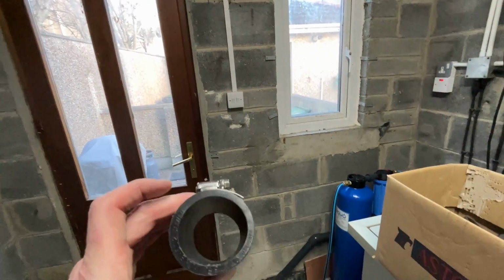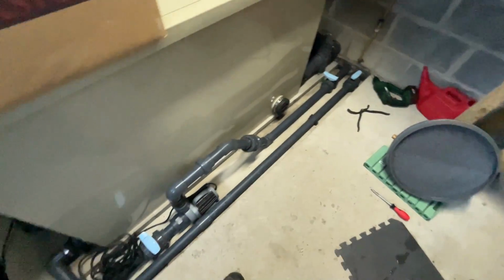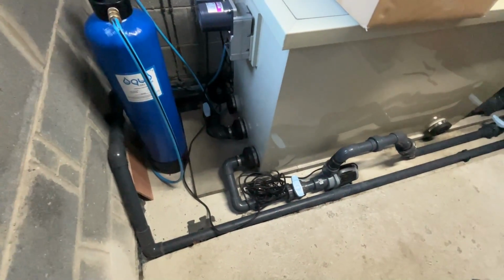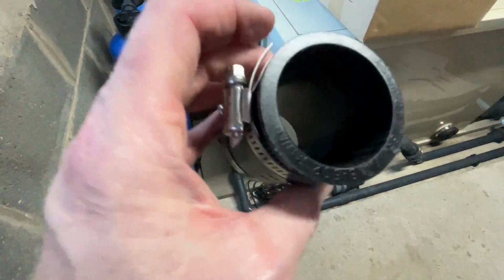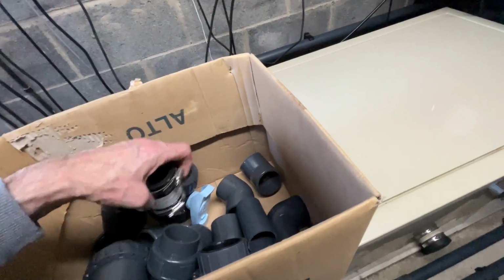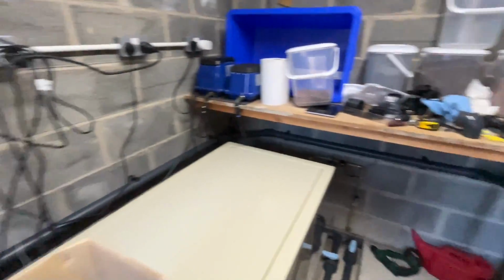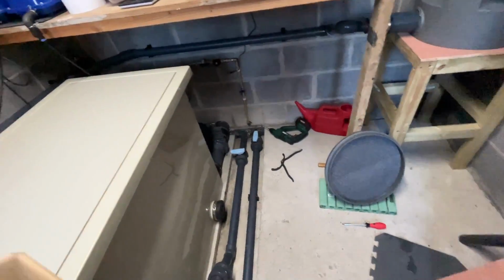And I'm probably lucky here. Although it gets cold and it's not insulated, the filter shed is very well sealed. So even looking at my rubber connectors that are there, they'll be 2 years in April. Certainly no sign of any cracking or anything, so it's probably a cheaper and as good a solution. And all these and the bits you see along the wall there, and 10 meters of 50 pipe